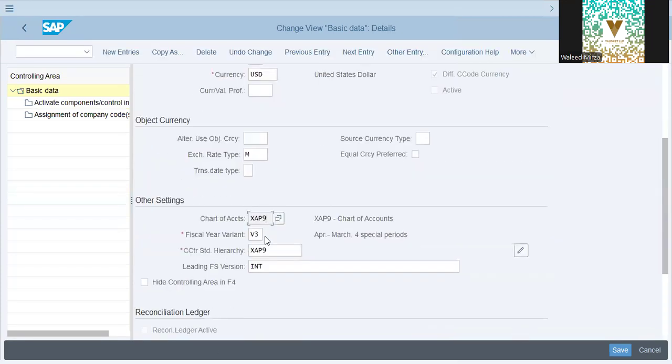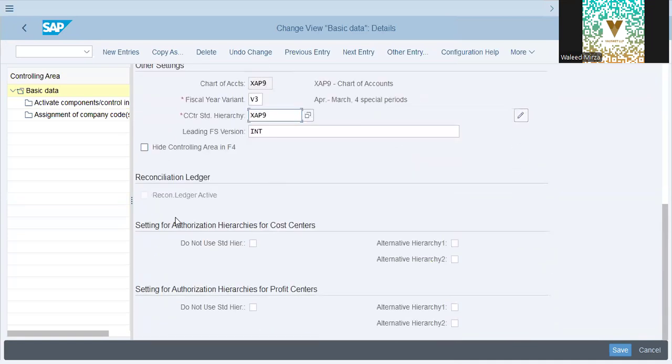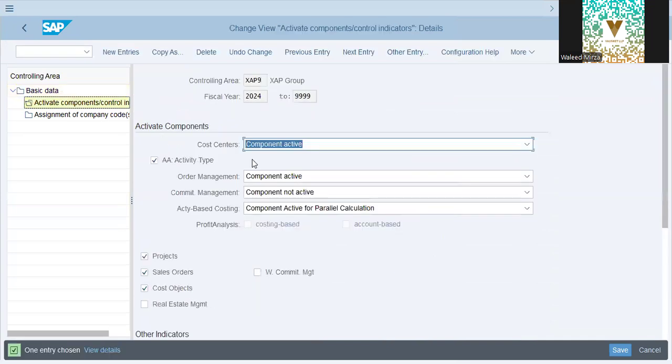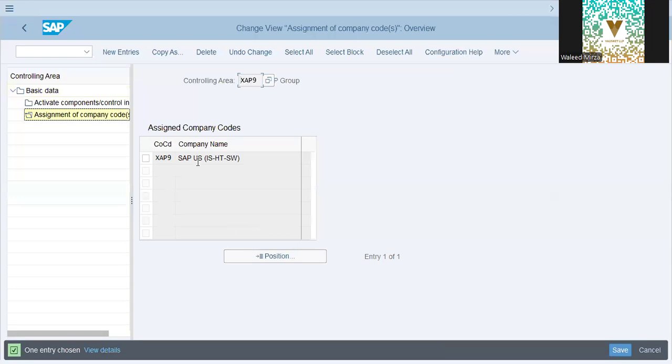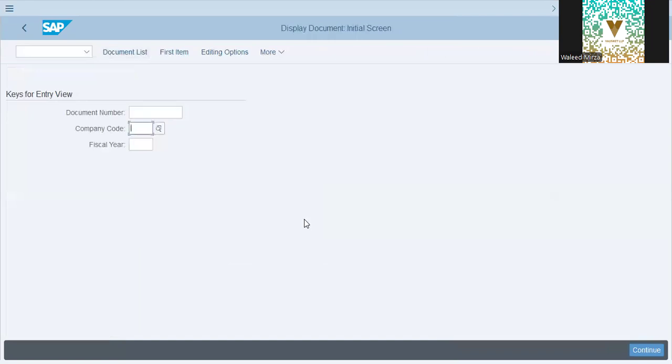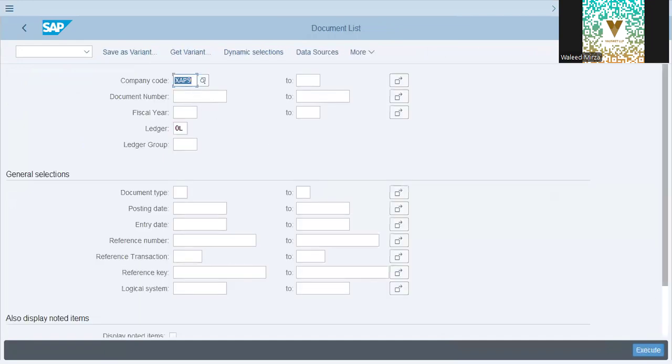Okay, chart of accounts is Zap 9. Standard hierarchy Zap 9. Activate components. Okay, assignment codes, ZAP 9. Okay, FB03, ZAP 9. Continue. Enter document number, ZAP 9. Enter. Okay,